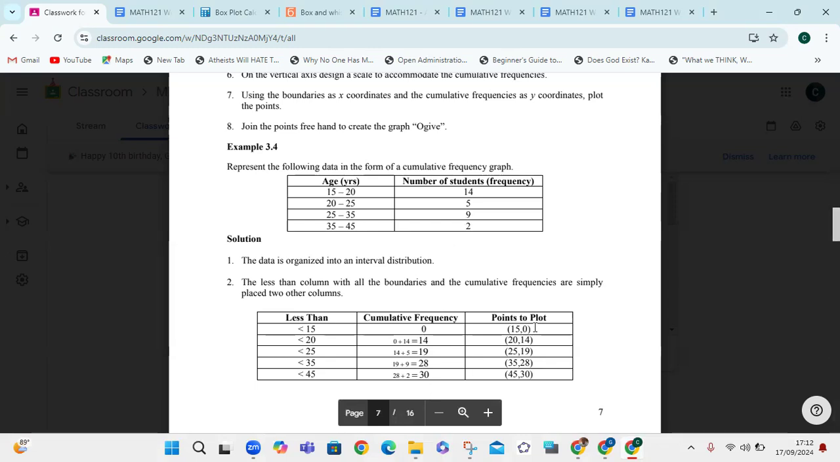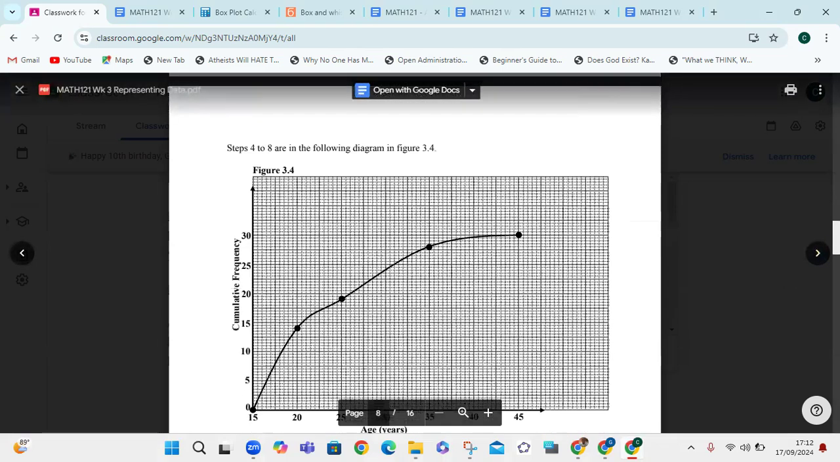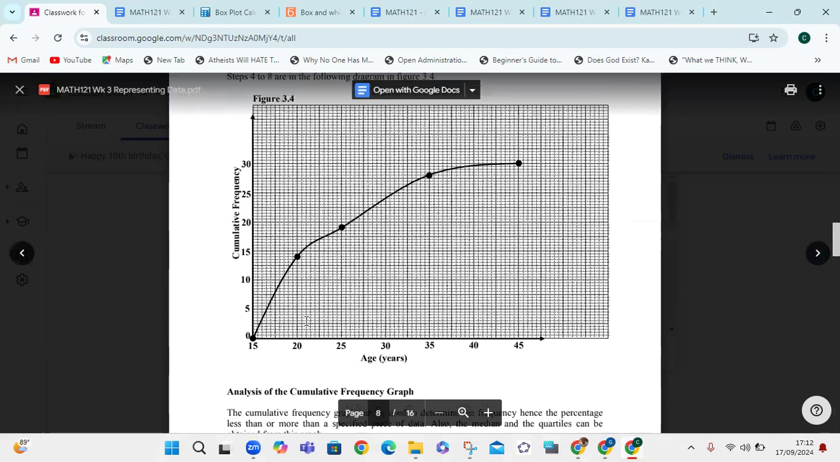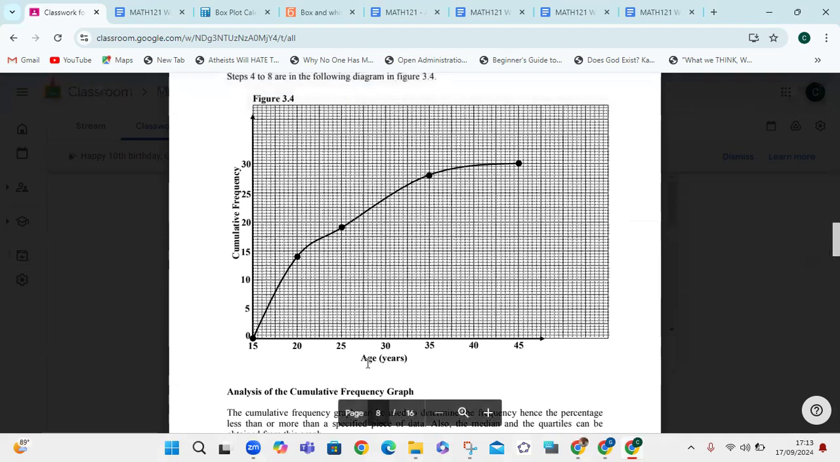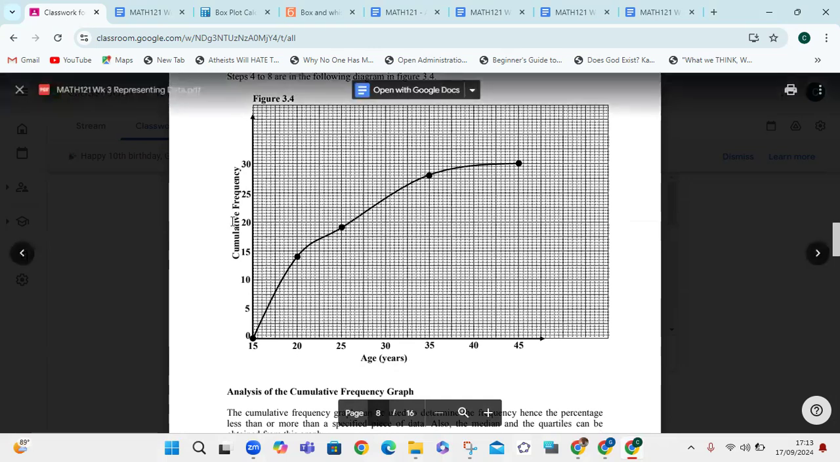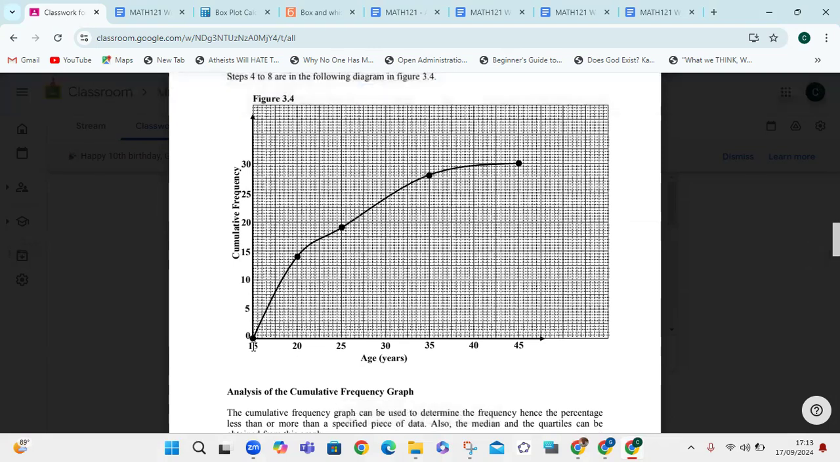And then create points using the boundaries as the x coordinates and the cumulative frequency as the y coordinates. And then these points have to be plotted on the x and y axis. On the x axis, you've got the boundaries which represent the ages. So the data comes on the x axis. On the vertical axis, you've got the cumulative frequency. And these points were plotted and joined with a line using your freehand. And this is an example of the cumulative frequency graph,